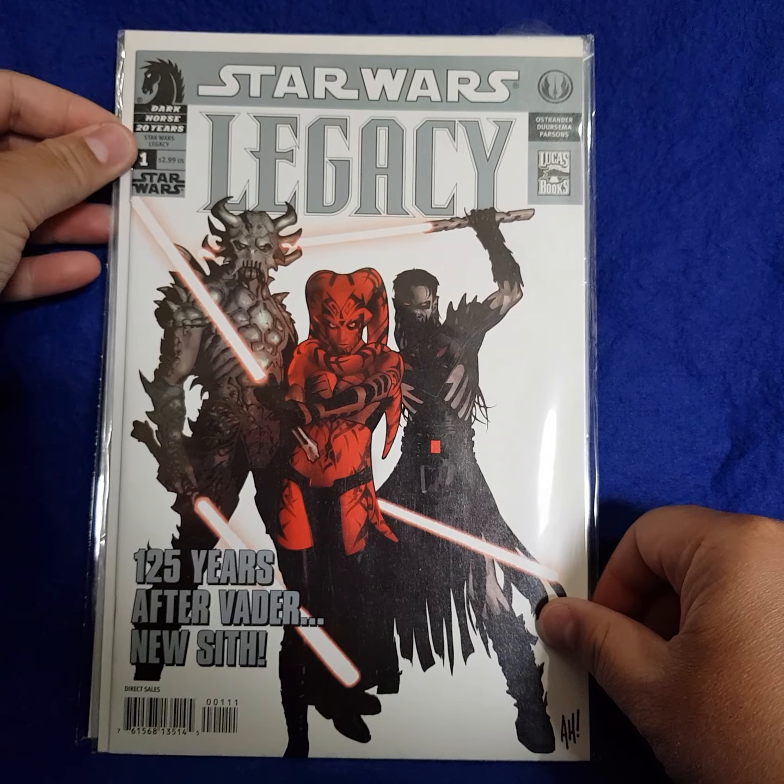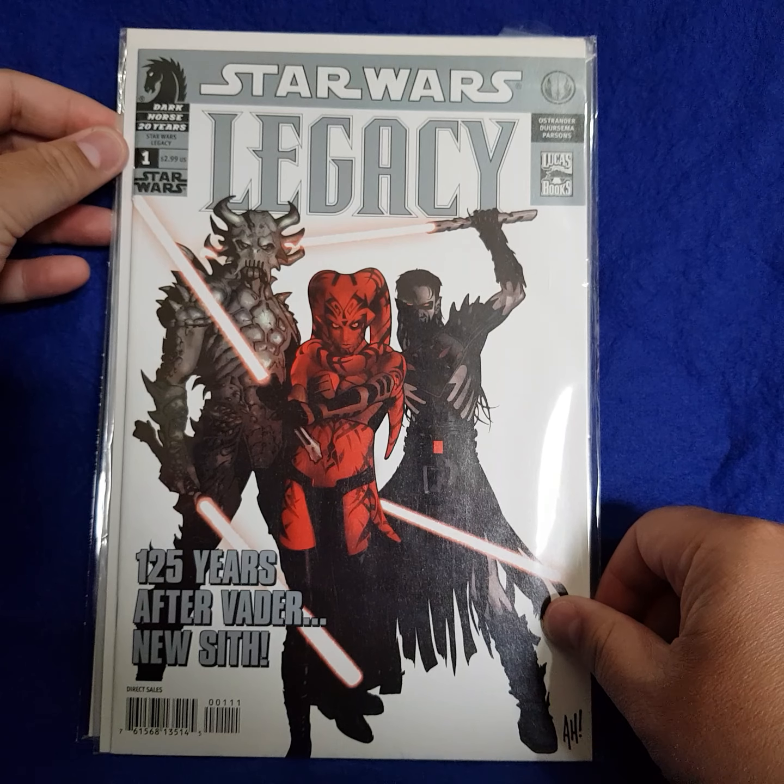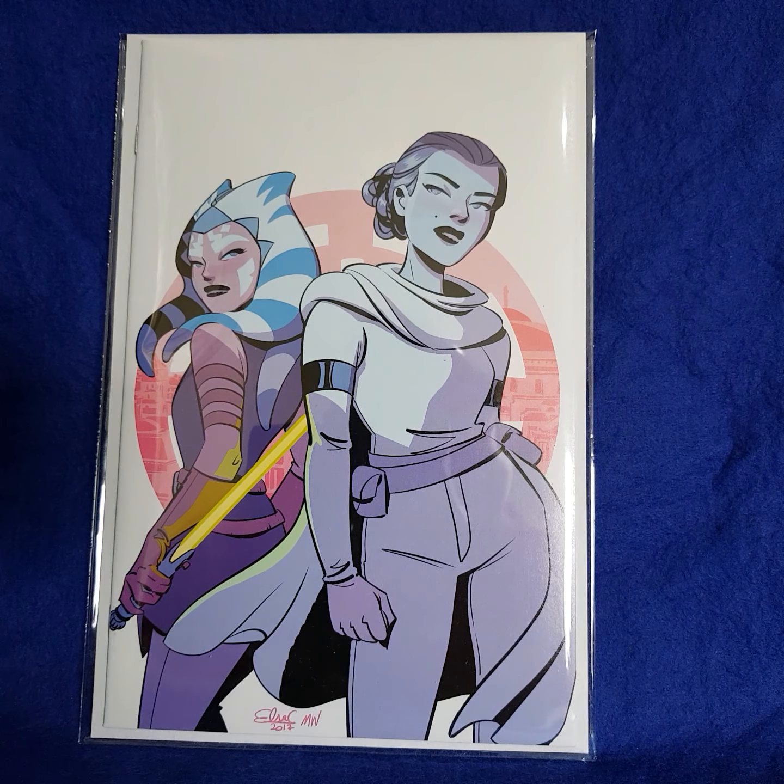But what I've done is I've basically exchanged one of my copies of Star Wars Legacy 1 third print for this copy of Star Wars Forces of Destiny, Ahsoka and Padme #1, which came out in 2018 at the San Diego Comic-Con. This particular one is a cover B Virgin exclusive variant, and I think the cover art is done by Valentino Pinto. The significance of this particular book is that many people argue that this is actually the first full appearance of Ahsoka Tano in